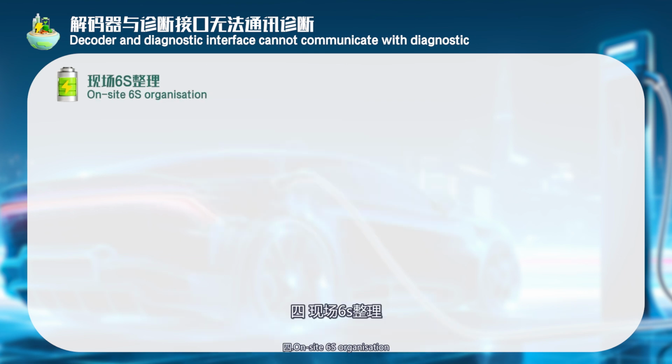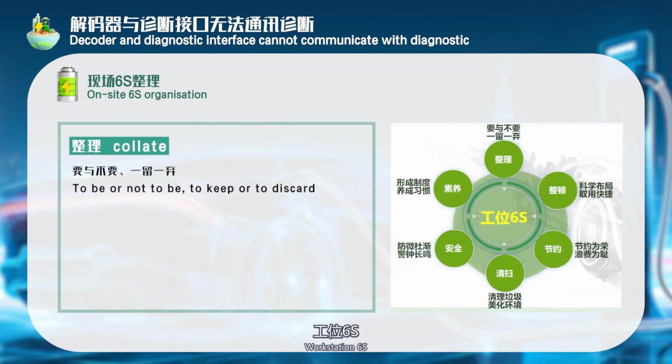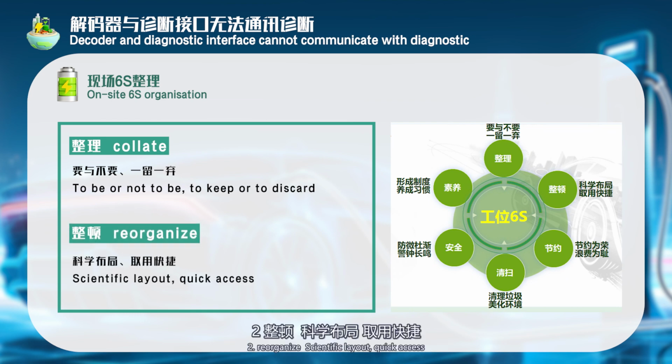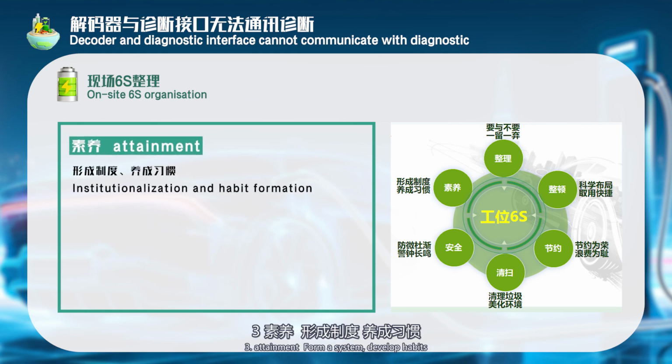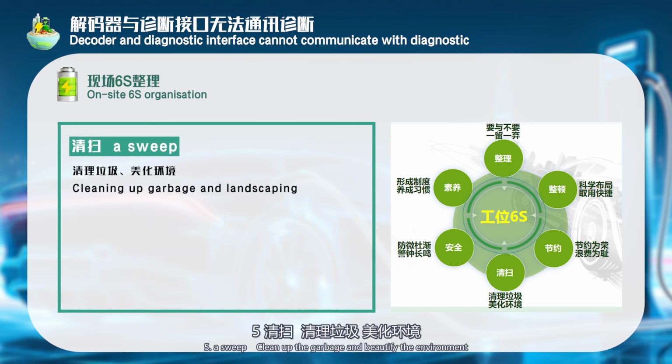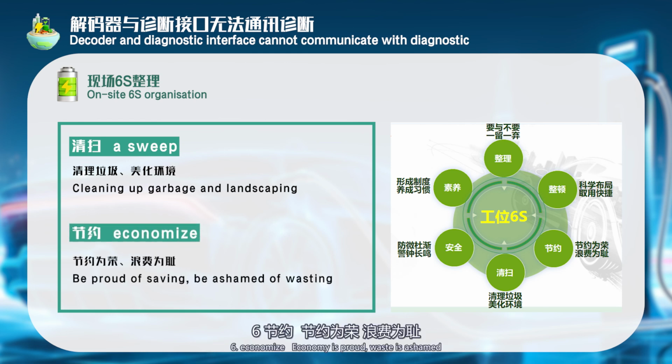Part 4. On-site 6S organization. Workstation 6S. 1. Sort: one to stay and one to discard. 2. Set in order: reorganize with a scientific layout for quick access. 3. Standardize: form a system and develop habits. 4. Safety: keep the alarm bells ringing. 5. Sweep: clean up the garbage and beautify the environment. 6. Save: economy is proud,